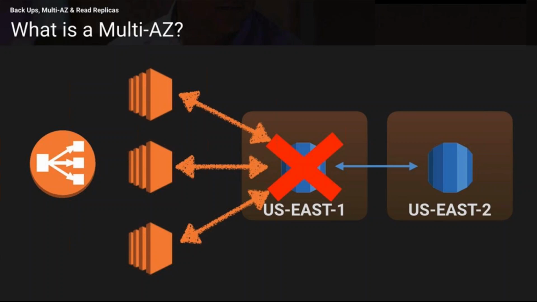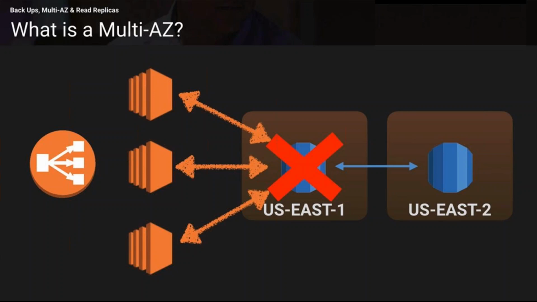Now whenever you create a multi-AZ database, all the replication between the master and the standby database is automatically taken care of by Amazon. We don't have to worry about anything in terms of replication, or how it is going to happen, or how the data is going to get synchronized. Everything is taken care of by Amazon. And even the endpoint, I don't have to change anything as such. Automatically, if this database goes down, these web servers will start communicating with the one that is in standby. So the multi-AZ concept is really more about disaster recovery.